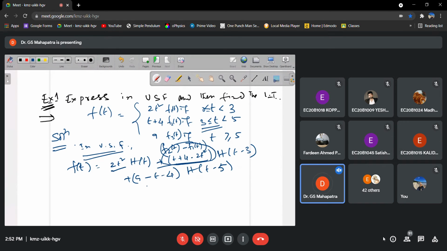This is nothing but f of 3t minus f of... this is the formula, actually, in the last class we have already discussed. Sorry, not formula, construction. So this one, h of t minus 5. This is the part for the first part, second part, and this is the form for the third part. Okay. Now, the second part actually has this unit step function in the form of t minus 3.